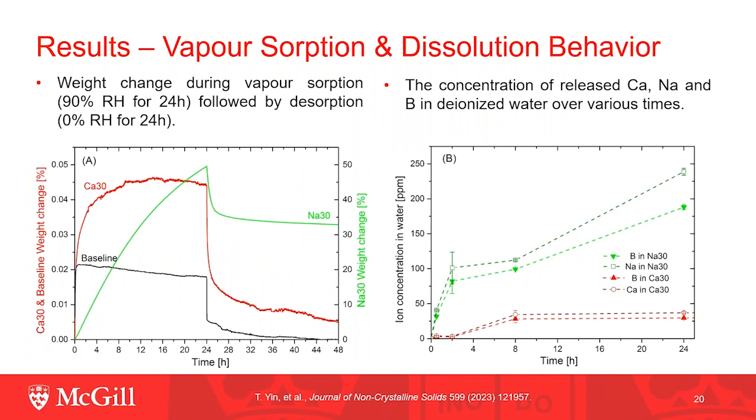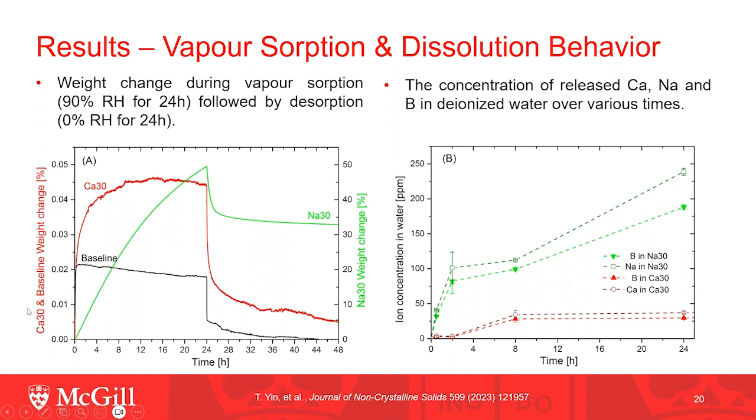This slide shows the vapor sorption and ion release behavior of calcium 30 and sodium 30. DVS was used to measure the weight change of the sample when exposed to vapor at 90% relative humidity for 24 hours, followed by the desorption at 0% relative humidity for another 24 hours. In the left figure,